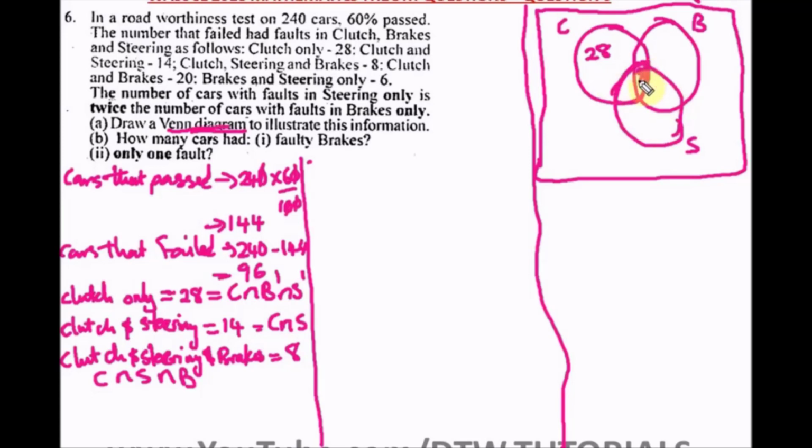Okay, since we now know this as 8, it is now easy for us to get C intersection S only, and to get this is simply 14 minus 8. I hope you understand how this comes about. Just follow me closely. So for you now to get this, that is clutch and steering only,